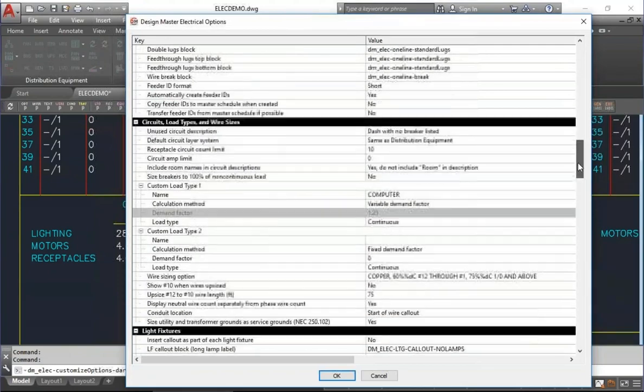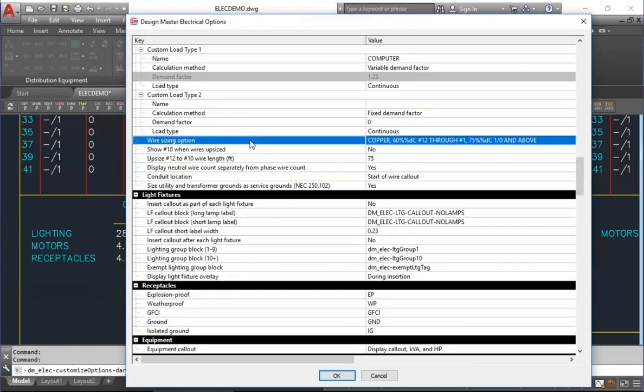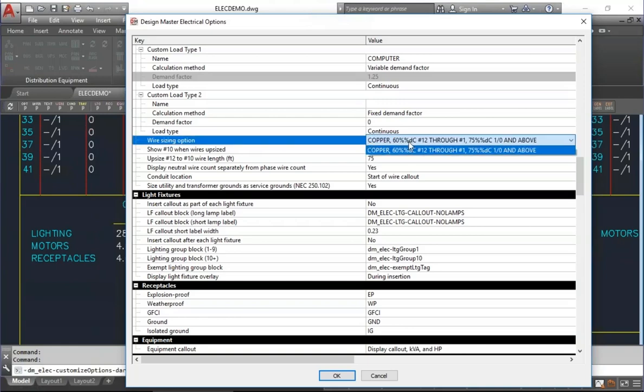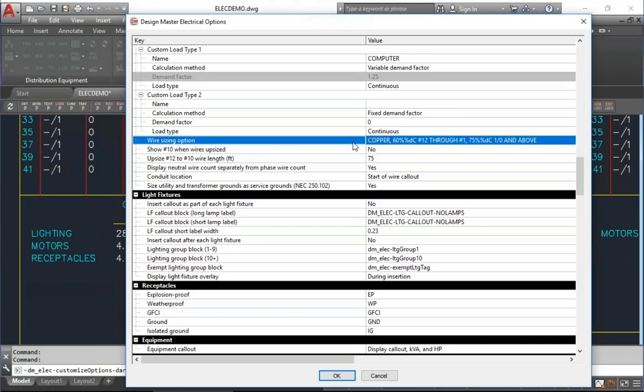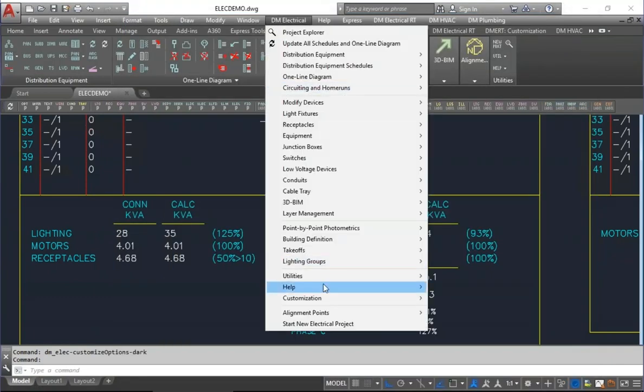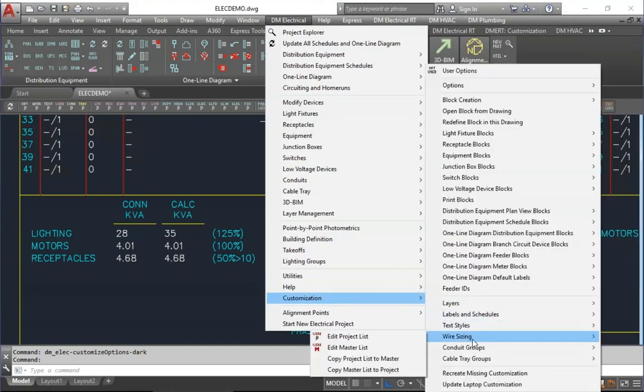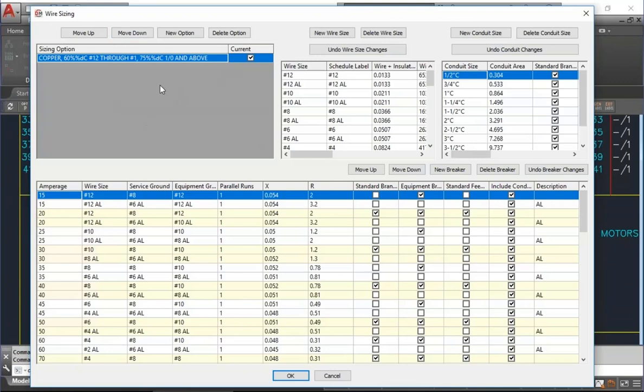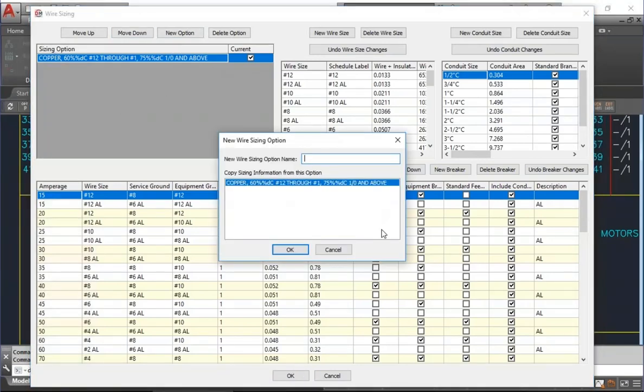Next option is the wire sizing option. And here I don't think I have any choices because I only have one specified in this project. This is actually set more appropriately in the wire sizing setting. So if we go to DM Electrical, Customization, Wire Sizing under Edit Project List, we have the sizing options. I only have one here, so that's why that is the only one that shows up. If I create a new one,